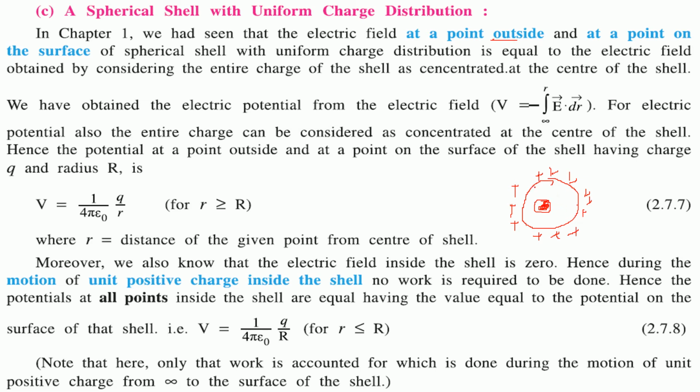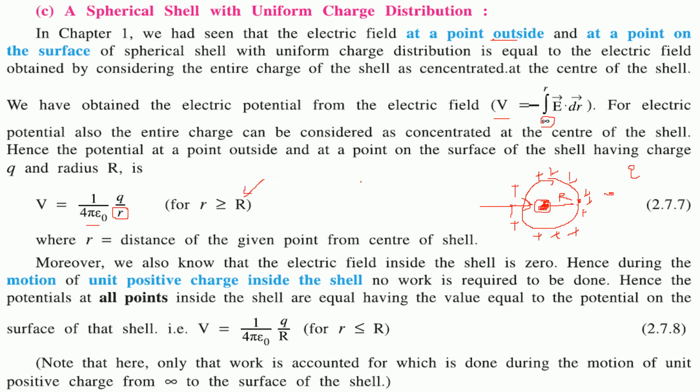So we have obtained the electric potential from the electric field. We know that V is equal to minus the integration from infinity to r of E dot dr. For electric potential also, this entire charge we can consider to be concentrated at the center of the shell. So the potential at a point which is outside, say here, and at a point on the surface, say here, of a shell having charge q and radius r, is given by V equal to 1 by 4 pi epsilon naught q by r,